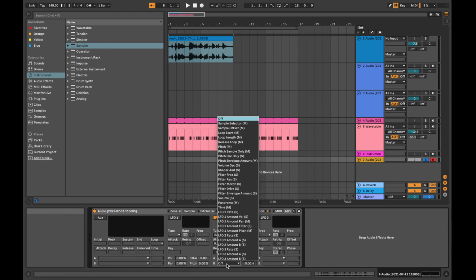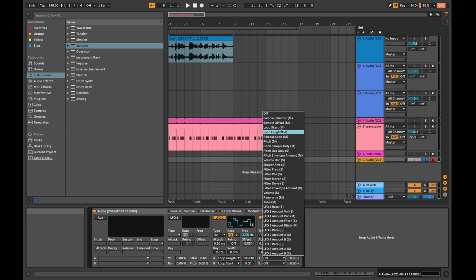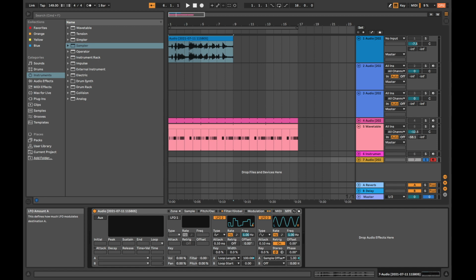So then we can set that to the loop length, and then we can also set the loop start, and then sample offset maybe. We can use the other oscillator here. We can maybe have a different waveform for that. Actually, that one, if we change that to